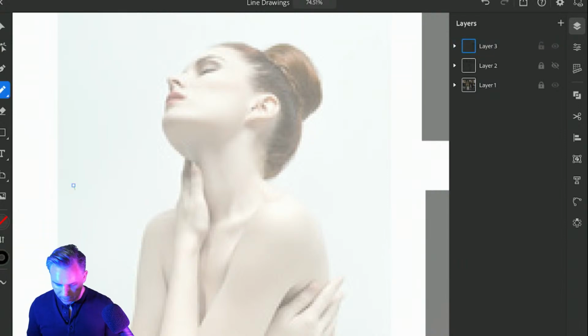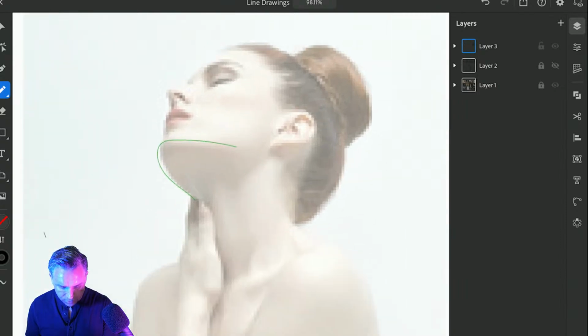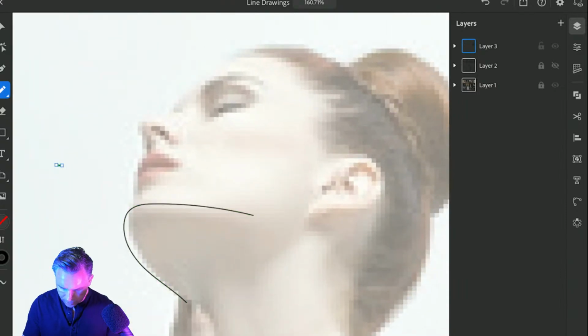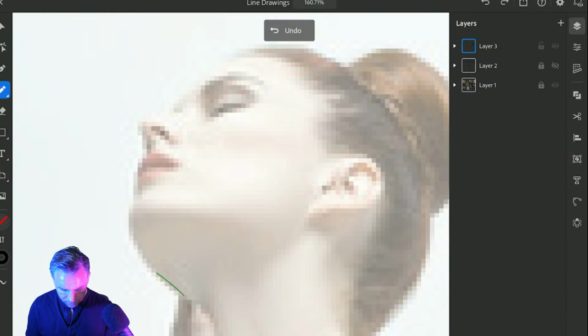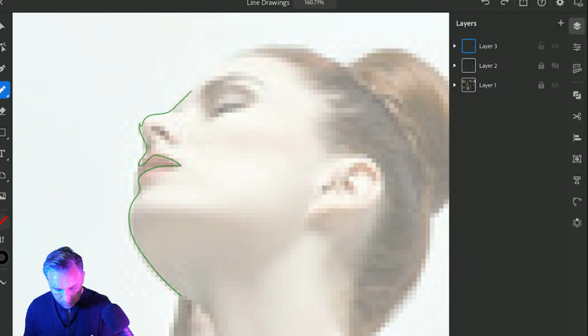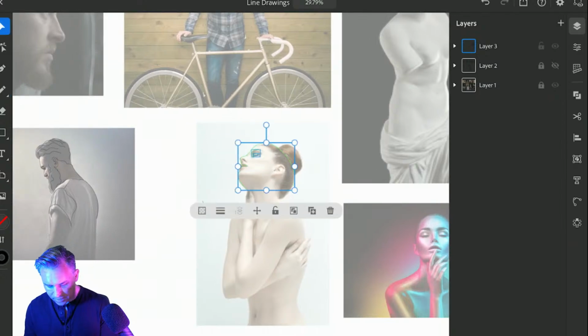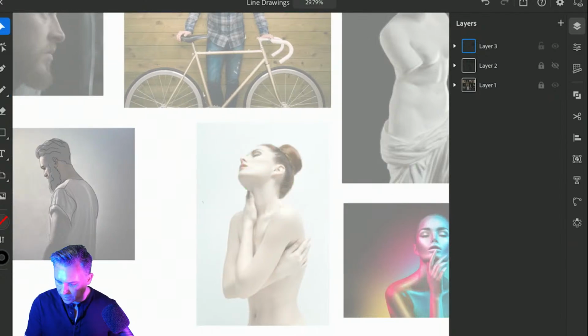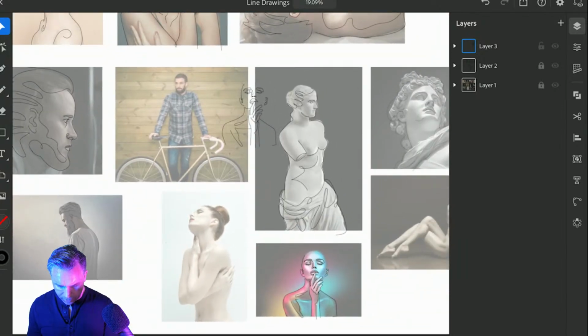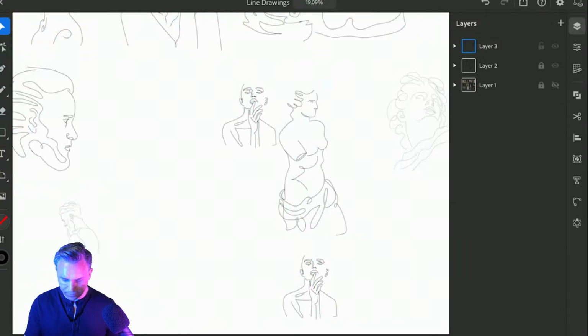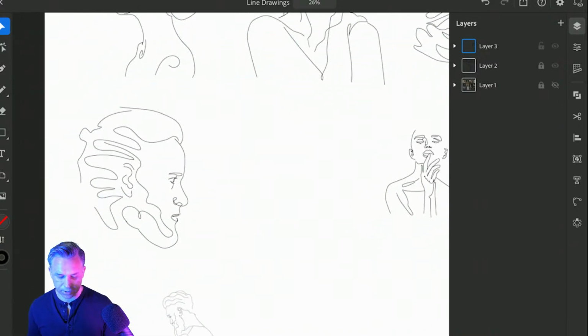Oh, I don't know why my screen keeps timing out. Let's go in here. Undo. Undo. Yeah, this one's okay. I don't think I'm going to spend too much time on that one. I think we have enough because, check it out, I actually have done this a couple times already. As you can see, we will turn off that background, but here's just a number of these illustrations, all done